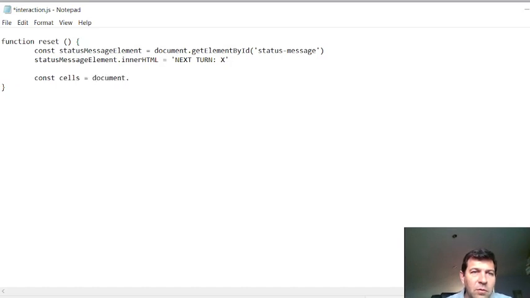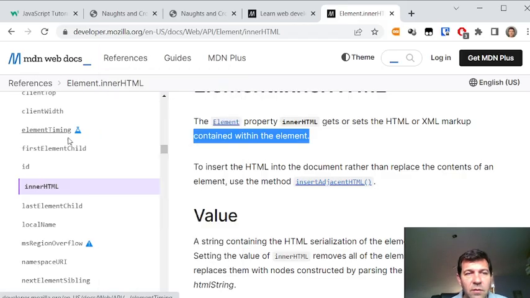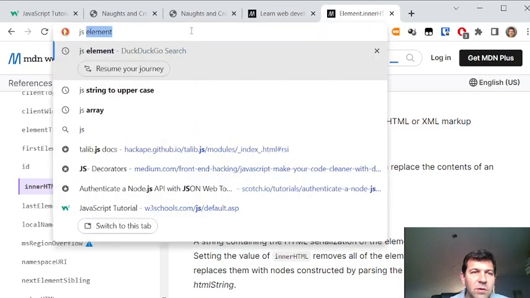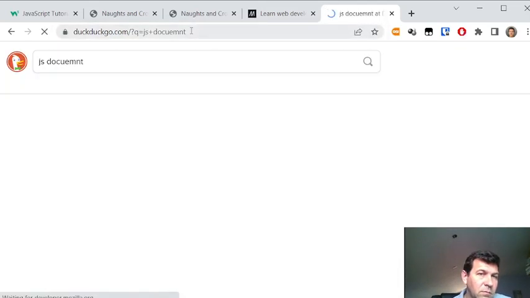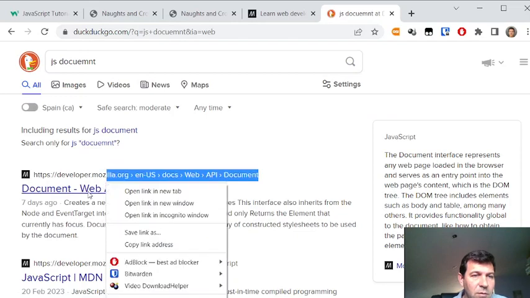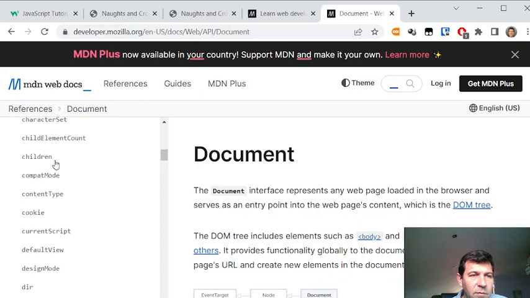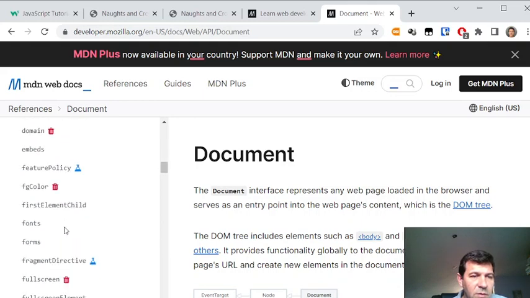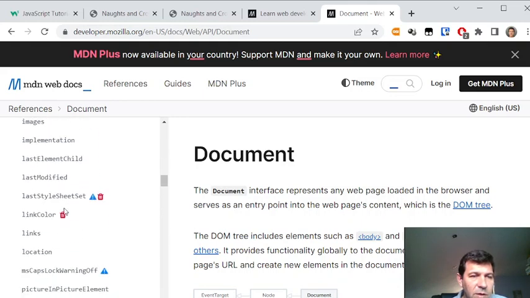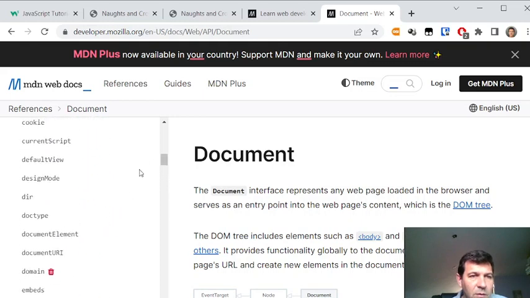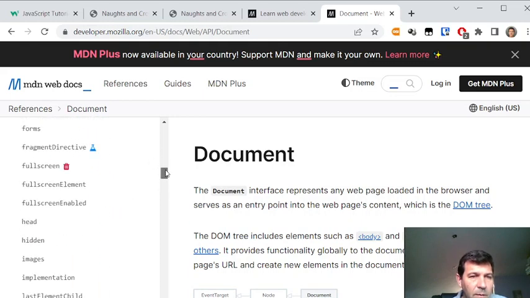And again, we can look on our document, and there's another thing we can use which is called query selector. Query selector, we can look all of this up here, okay? As we did before, JS document. What is on the document? Well, let's look up Mozilla again. And we've got some of these children, different things we can look up, and some of the functions we're using here. We should be able to find